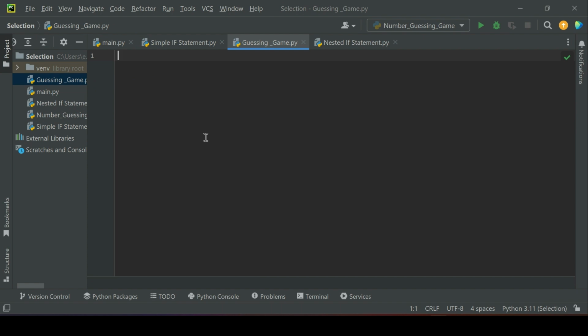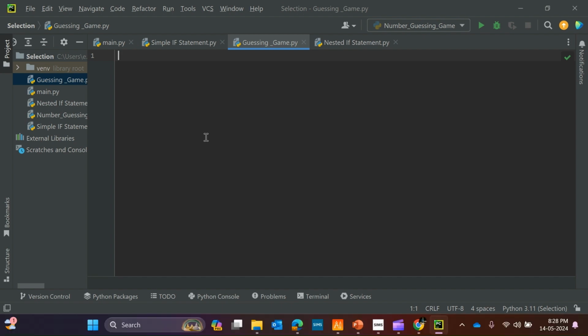So guys, now what we're going to do is just to describe the game that we want to create. So here's how the game is going to play out. We are going to write an algorithm which is going to generate a random number between a given range, let's say between 1 and 10 inclusive. So the number that will be generated, we'll call this the secret number. Okay, so assume we run this code and the computer generates a number such as 7, then 7 becomes the